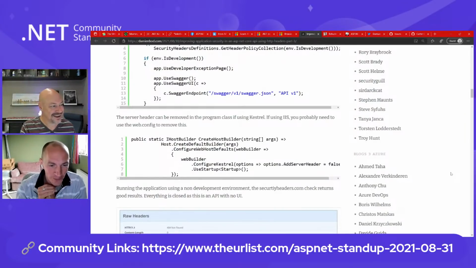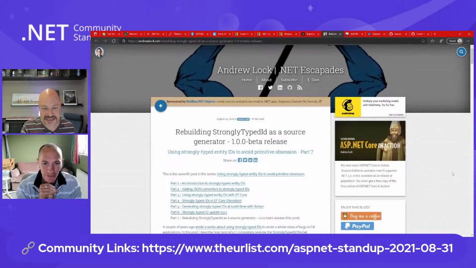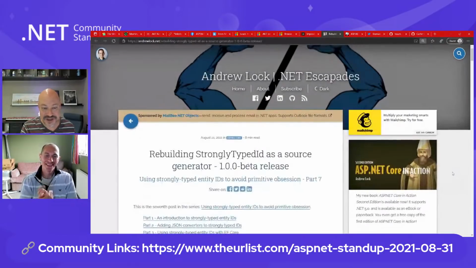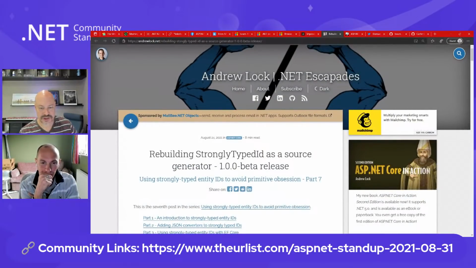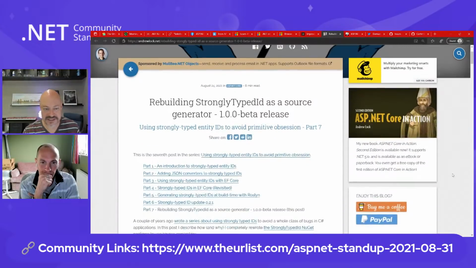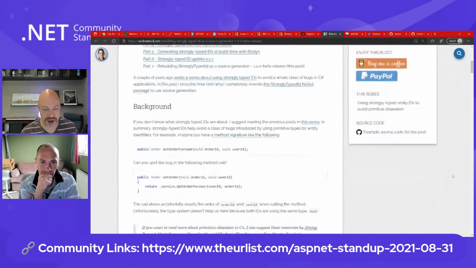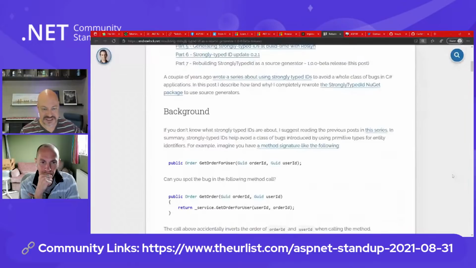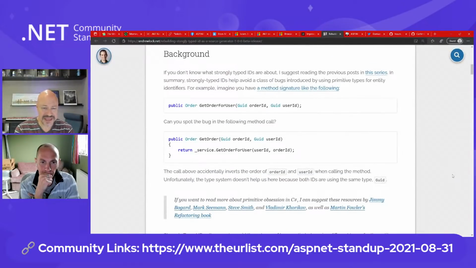Very cool. Speaking of Andrew Locke, he's continuing a series here on strongly typed IDs. He's done this long running series, but the problem here is, if you've got a method like get order for user, and we've got an order ID and a user ID, there's no way to know if you're actually passing in the right one.